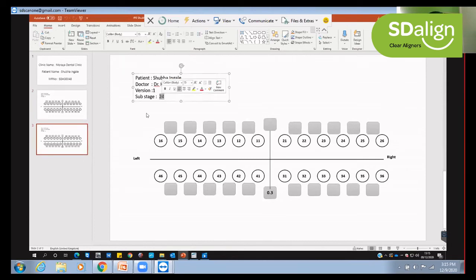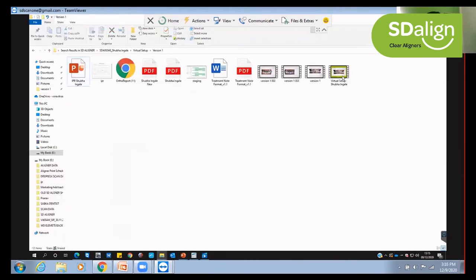So on each IPR chart, we'll have the doctor name, patient name, the version, and the stage at which you have to do the IPR. Also, the contact in between which you have to do the IPR. And by default, we have standardized the IPR requirements. We have done 0.3 mm for anteriors and 0.5 mm for posteriors, which is very easy for you all to keep in mind. So we will always write a note to all our doctors in all our communication that anterior IPR we try and limit to 0.3, posterior IPR we try and limit to 0.5. So this was regarding the ortho report.